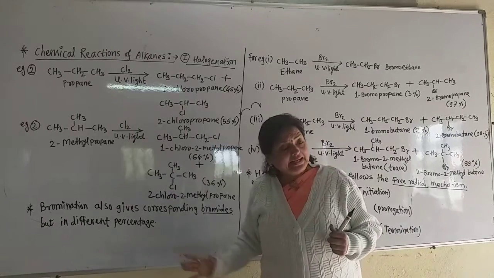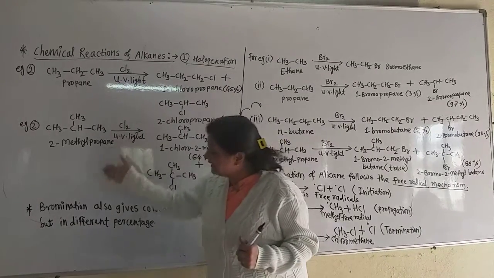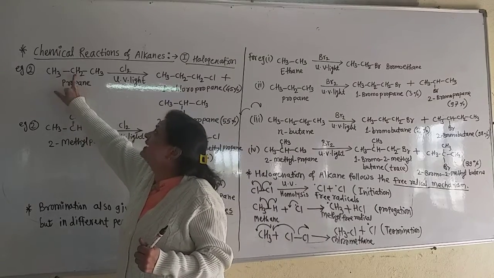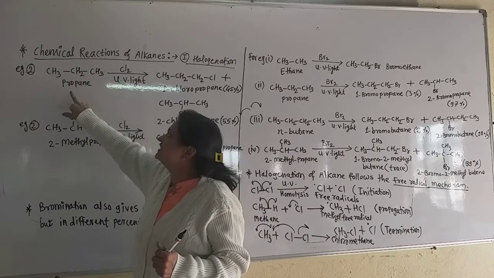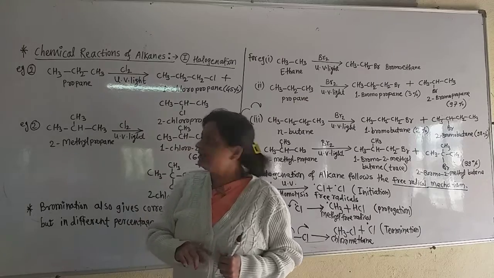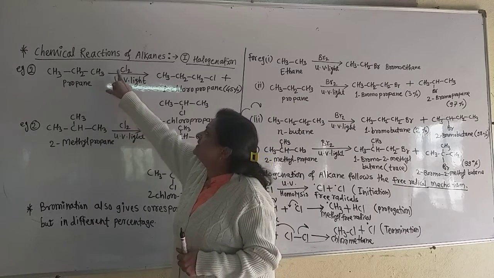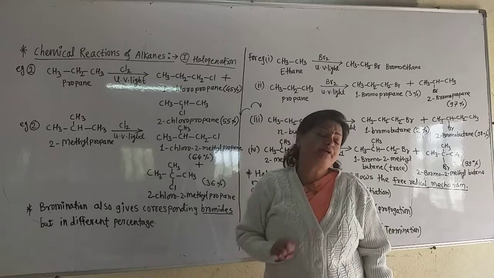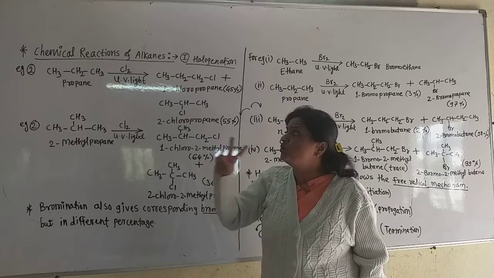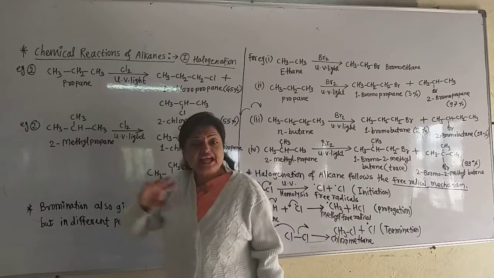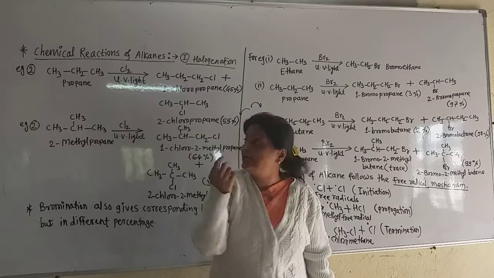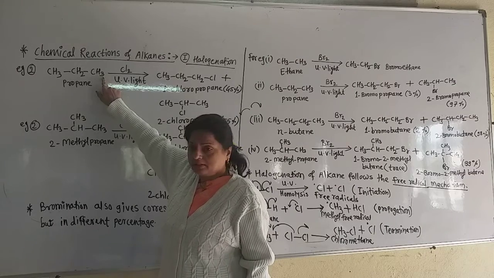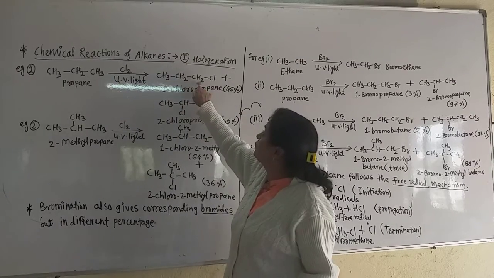But see a different example, how alkanes get halogenated. Now this is also an alkane. You know that this contains 3 carbon atoms, so it is called propane. Now in ultraviolet rays, in the presence of chlorine, what happens? There is formation of 2 different products because there are 2 different hydrogens which can be replaced by the halogen. Suppose we replace this hydrogen by the halogen, then this first product is formed.